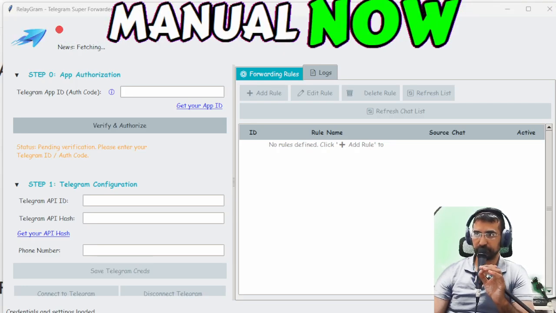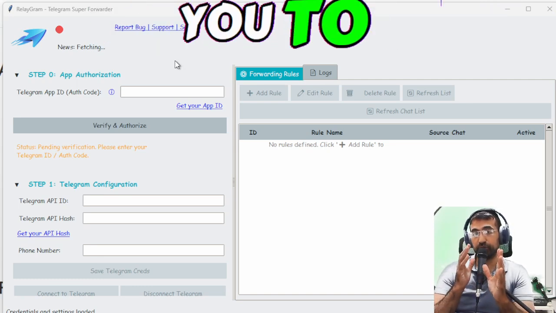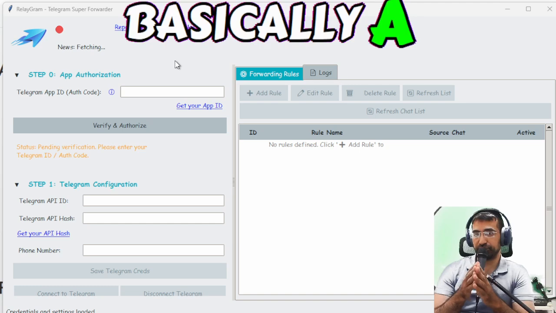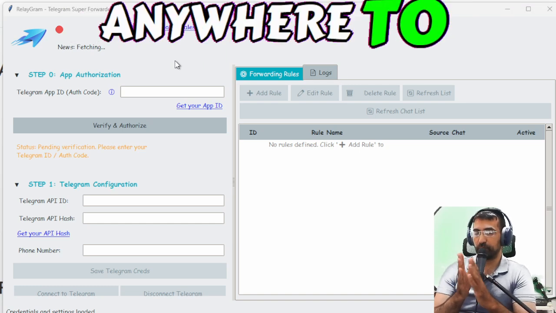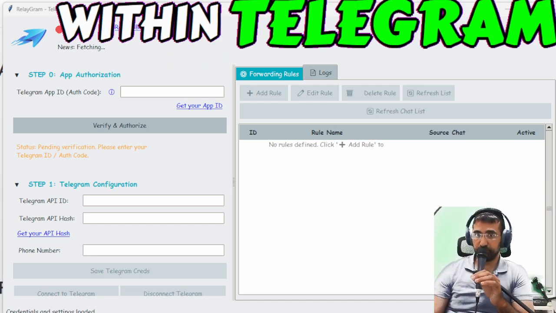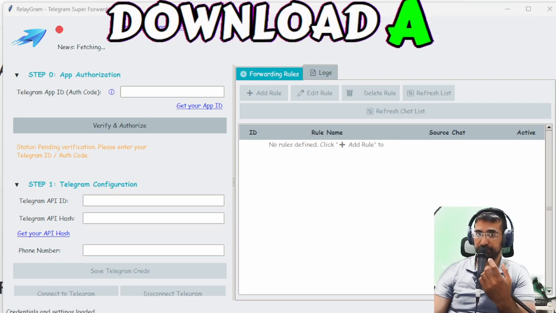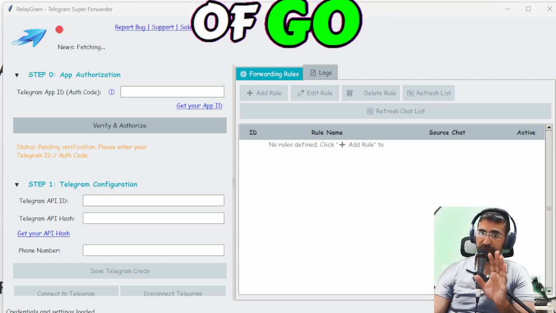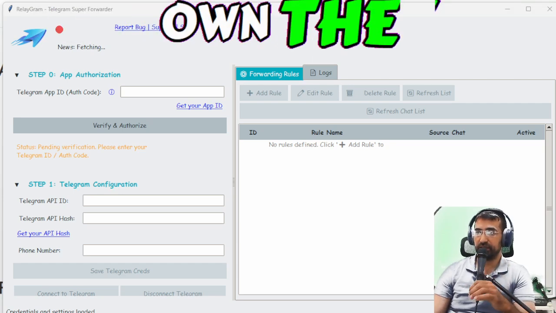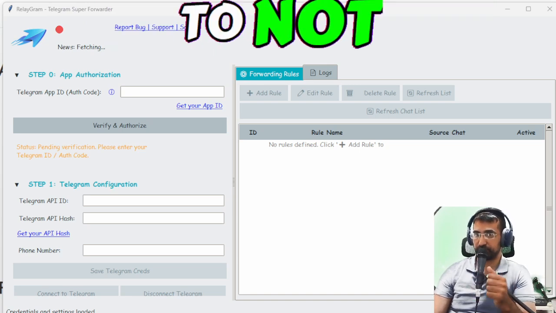Now, RelayGram is software which allows you to forward messages from anywhere to anywhere within Telegram. This includes your private groups that don't allow you to download or forward messages. You'll be able to forward them. Of course, I only recommend doing this if you own the content, just to not go against the rules of